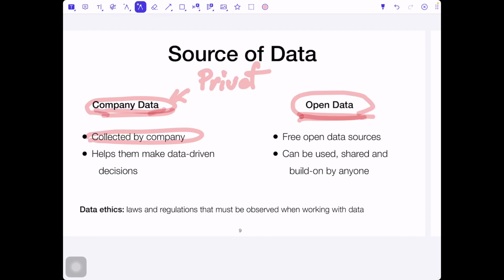But if we work with private data, company data, we always have to think about another important topic. This is data ethics. The data that we have is an incredible resource, and we can get amazing value from it. But we need to be respectful of the data and the people who have given it to us. So if you use some private data, please acknowledge, ask the people if you're allowed to publish this, and be very careful with this type of data.